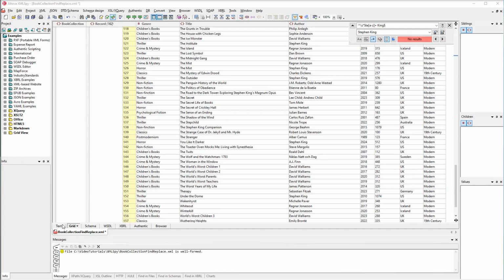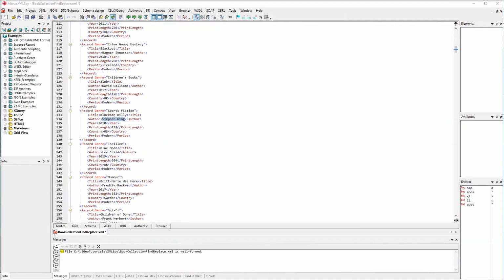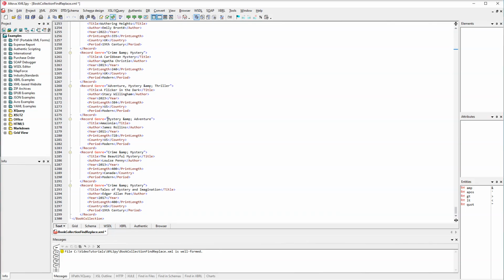By the way, the Find and Replace functionality is available not only in Grid View, but also in Text View. Let's take a quick look at it. In Text View, everything is treated as text. Did you know that if you select a piece of text of interest,